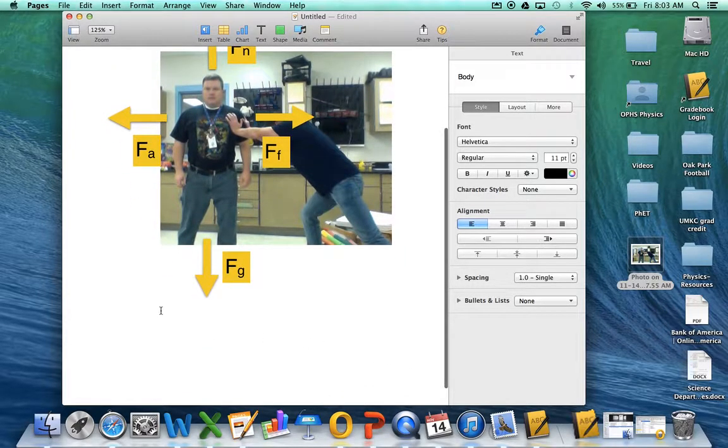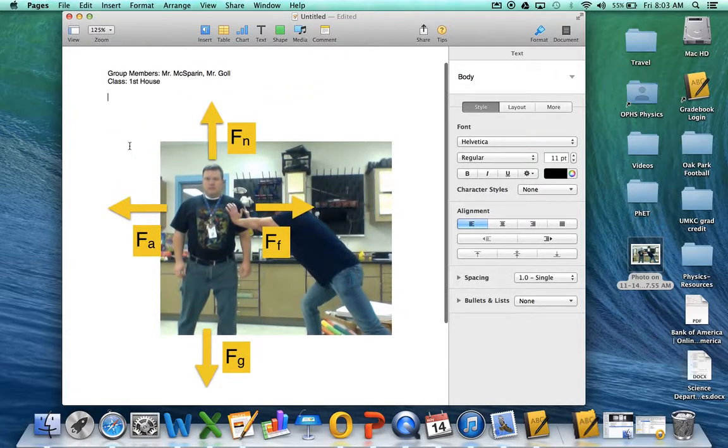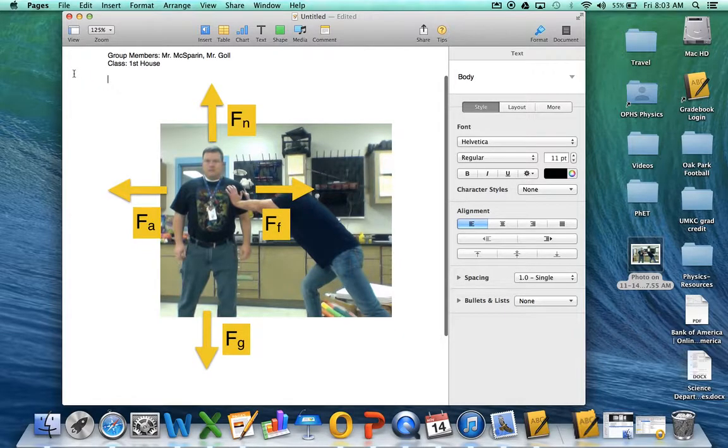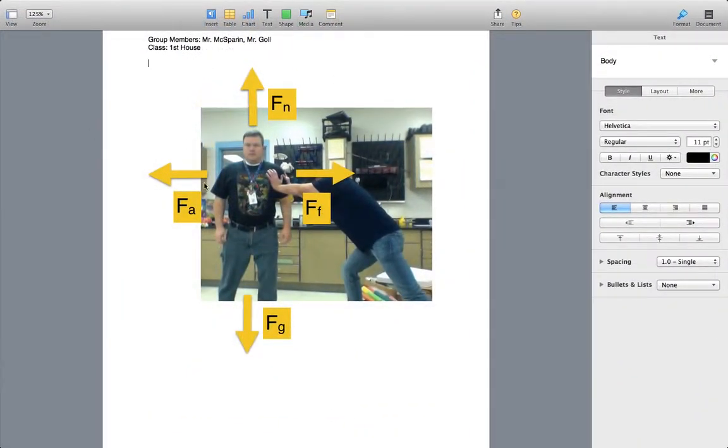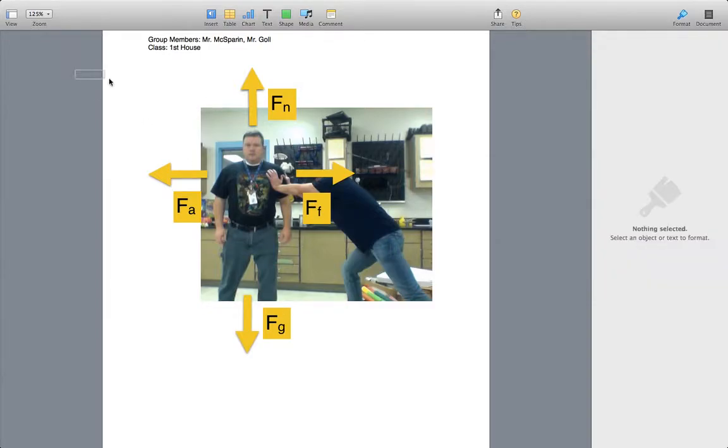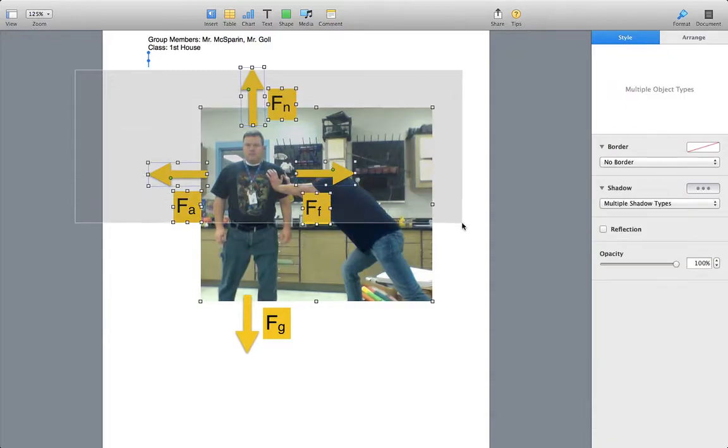I really like that. Okay, so next thing I need to do, ooh, I don't like that. Let's see if I can click down here. Double click down there. Here's what I'm going to do. I'm going to full screen this thing so that this whole thing doesn't move on me anymore. I got to start on the gray, but I'm going to draw a big box and see how it highlights